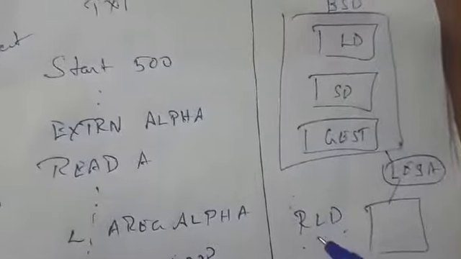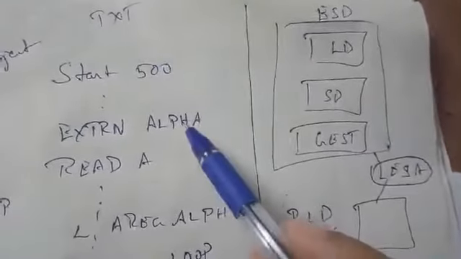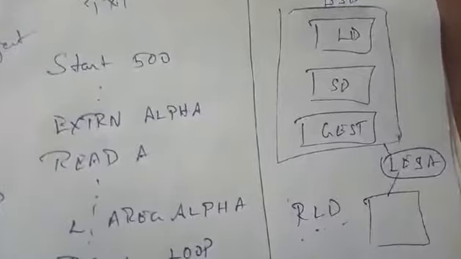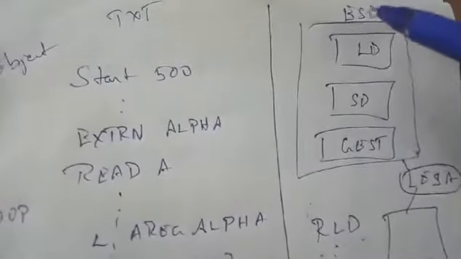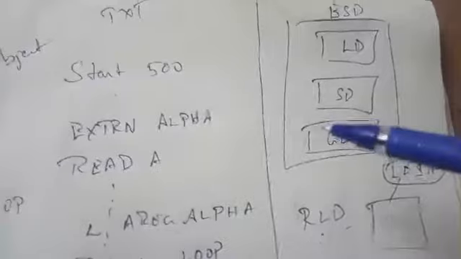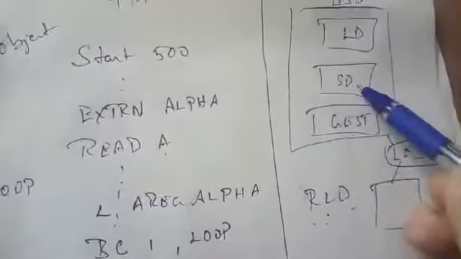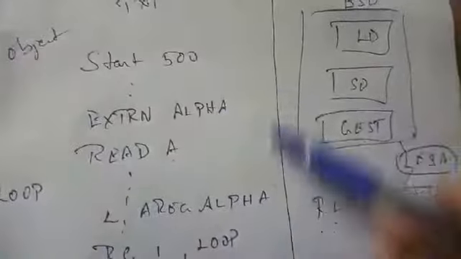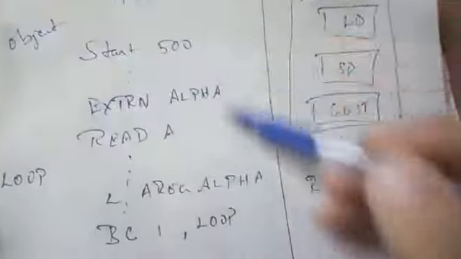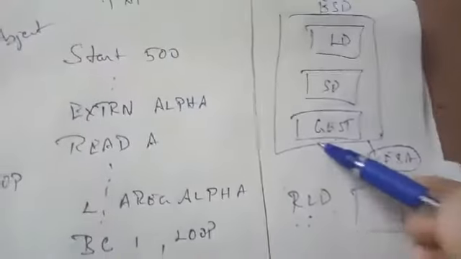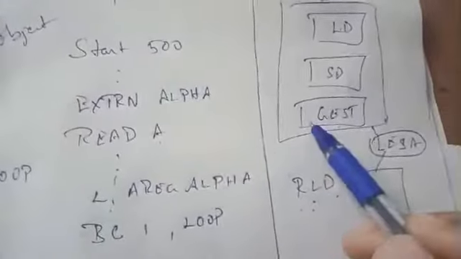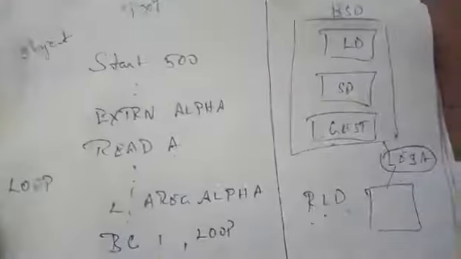Next you have the statements. These statements will be in a text card. You have the whole program, that is called the object deck. Clear? You have RLD information, that this is external, we need to link on that. So all this information will be in RLD. The ESD has all the local as well as the segment as well as the external. So local definition is this, this is local, this is local. Segment definition, what segments there are. This is one object program, another one object program. So those definitions. GST has the external information. So to link we use LESA. So this is how the arrangement is.